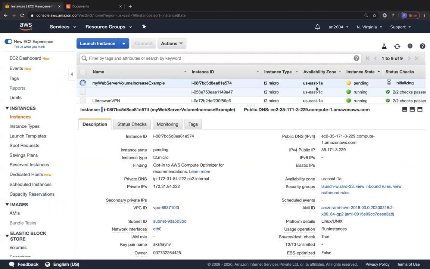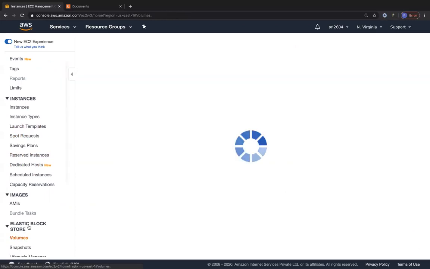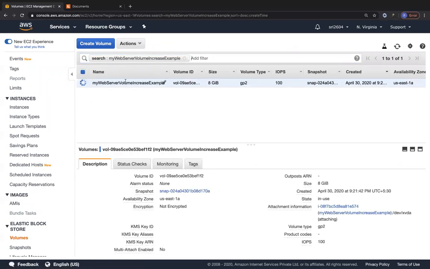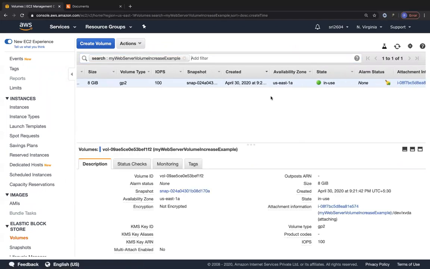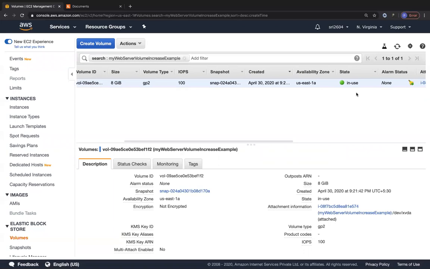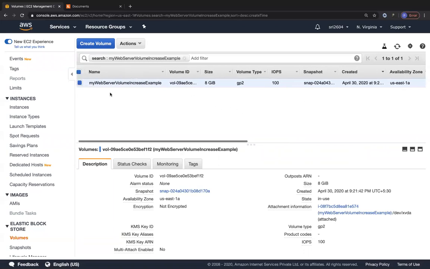Now let's look at the volume for this particular instance. Let's copy the instance name, and let's go to volumes below. Now we can see that we have the volume also being created over here. It's still in the process of creating, I believe. Let me just refresh once. Yeah, so now the volume has been fully provisioned and it's in use status. Now this volume is 8 gigs in size.